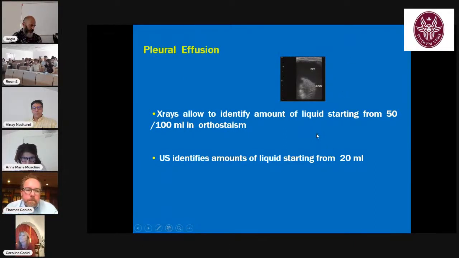It's very useful to use POCUS and lung ultrasound to detect pleural effusion. Imagine that X-ray allows us to identify an amount of liquid starting from 50 or 100 milliliters in orthostatism. But ultrasound identifies amounts of liquid starting from 20 milliliters. And this is an advantage because we can detect very early